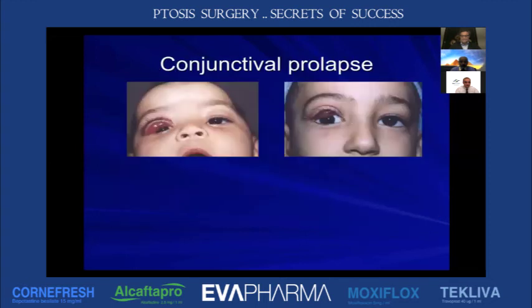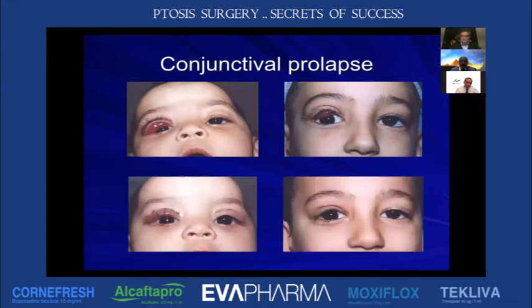One complication, not uncommon, which you can see in some patients, especially if you are doing maximum levator resection, is conjunctival prolapse. As you can see in such patients, if it is mild, you can do hot fomentations and lubricants. You can notice it intraoperatively, and it's better to avoid it intraoperatively if you are doing action in the upper fornix. And if it happens and you see it post-operatively, you have to do 2 or 3